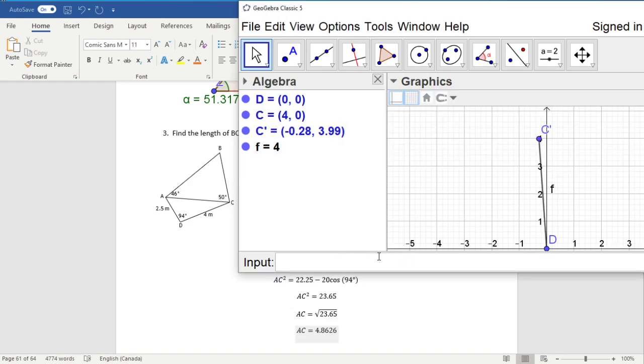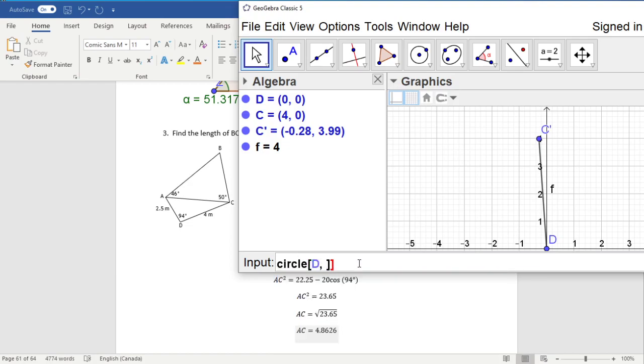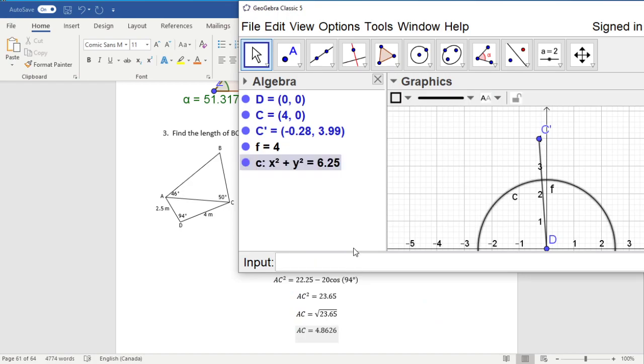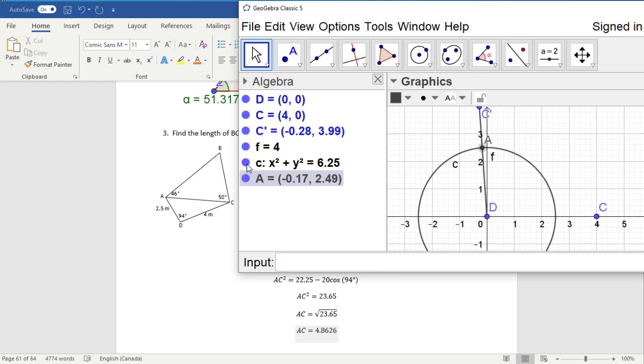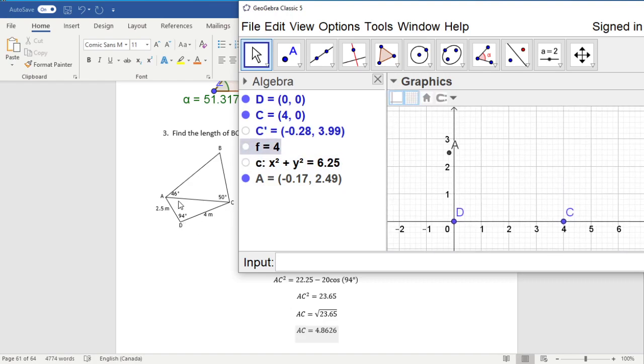And I'm going to draw a circle centered at D with a radius of 2.5. Now we're going to intersect C and F, and that's where point A is. Okay, so let's hide the extra work now. C prime's gone, the circle's gone, and the segment's gone. So that's the first little triangle, A, D, and C, right? So if we go polygon A, D, C,